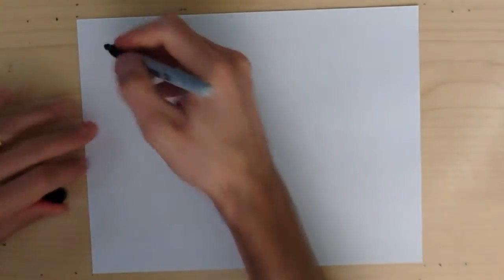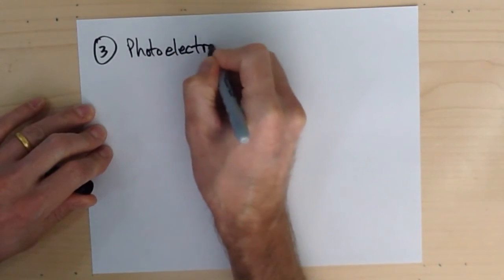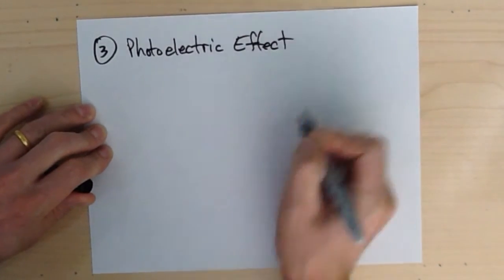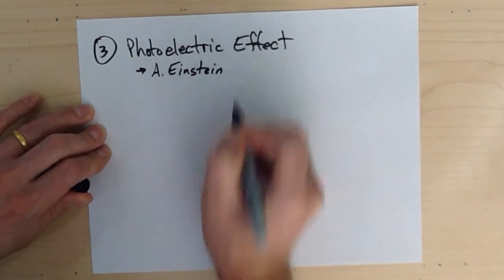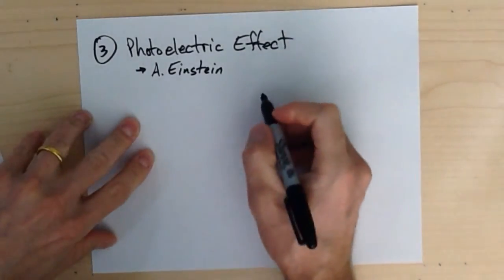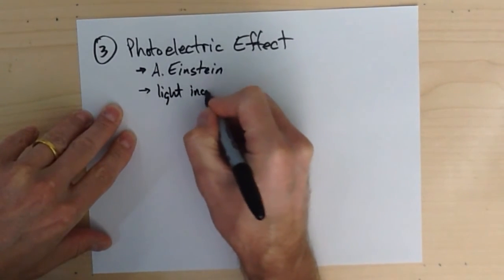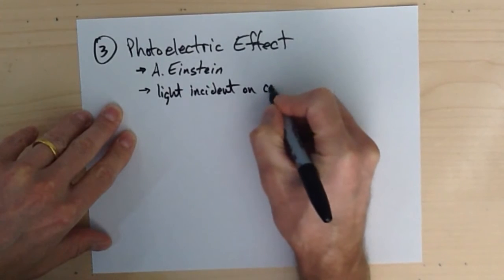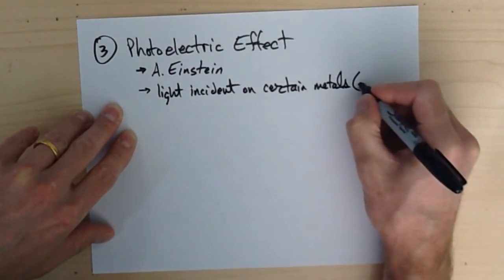The third challenge is something really cool, and I hope that you appreciate this. This is challenge number 3, which we'll call the photoelectric effect. And this brings in someone we all know, Albert Einstein. And he had a part in this that led to his Nobel Prize a few years after this. So this is in the early 1900s, and at that time it was known that when light is incident on certain metals, for example, potassium,